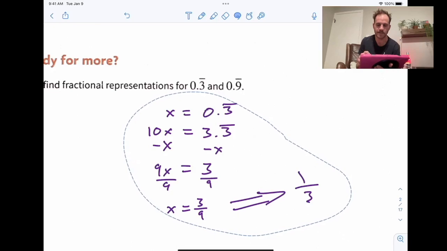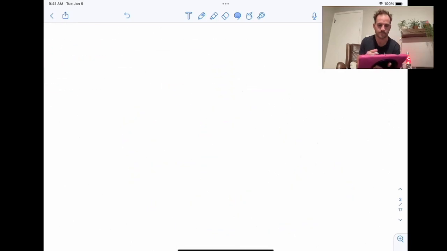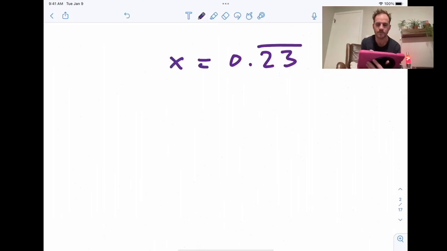Okay, so for example, let's do one more. Okay. If we had 0.23, let's say 23, okay, 0.23 repeating. I don't actually know what that is as a fraction, so this will be a great way to find out. All right, if we do x equals 0.23 repeating, now let's try multiplying both sides by 10. You might notice a mistake here, right? If we multiply both sides by 10, we get